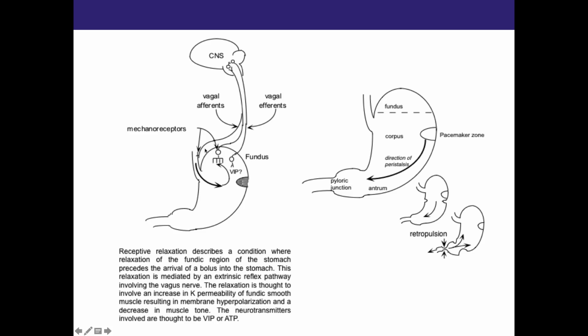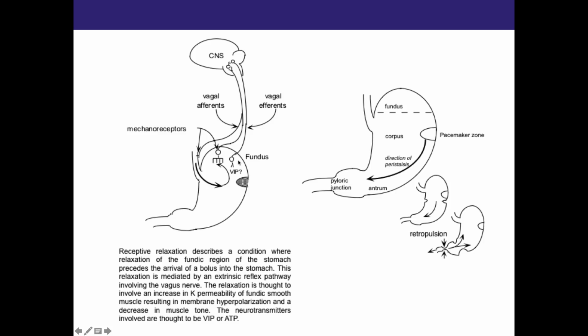There's also mechanoreceptors in the esophagus too, that send a signal to the central nervous system, and then that stimulates these vagal efferents to relax the fundus. A lot of times it's through vasoactive intestinal peptide, but it relaxes the fundus in anticipation of more and more food